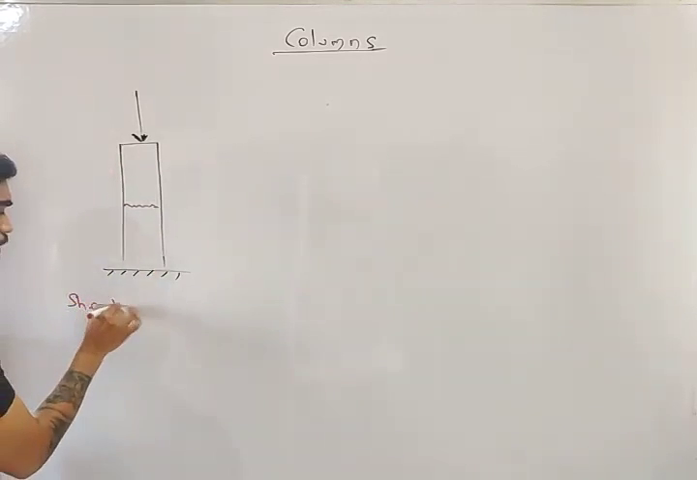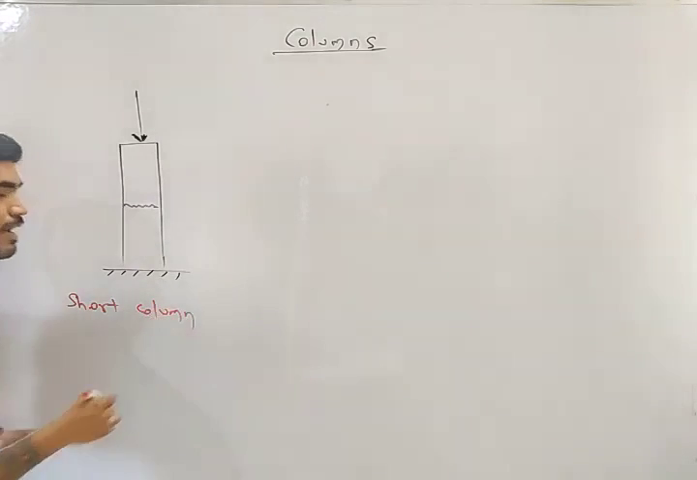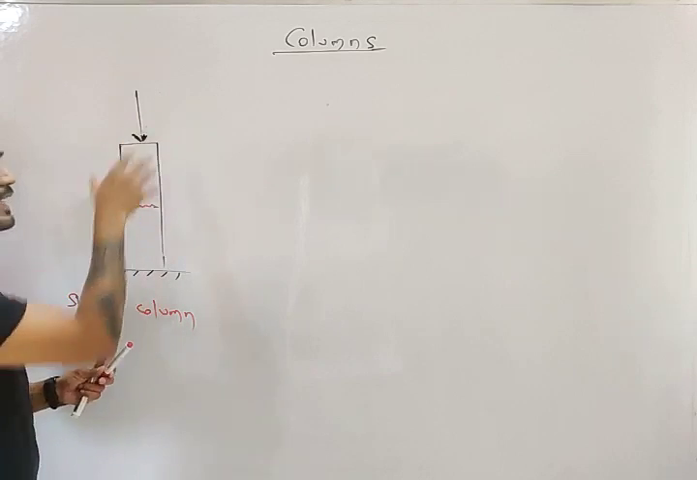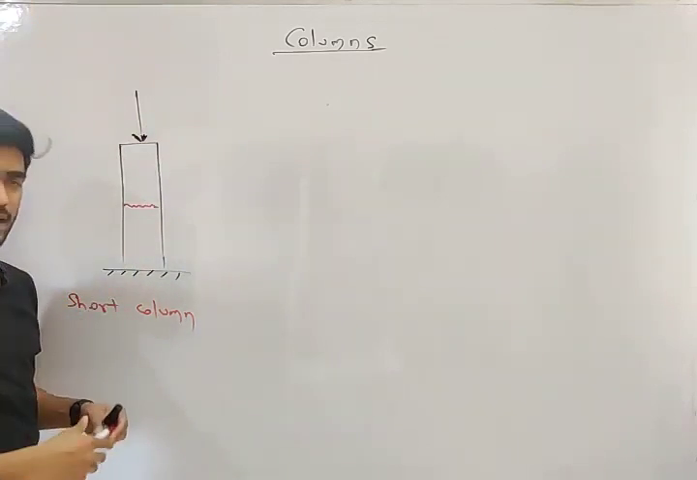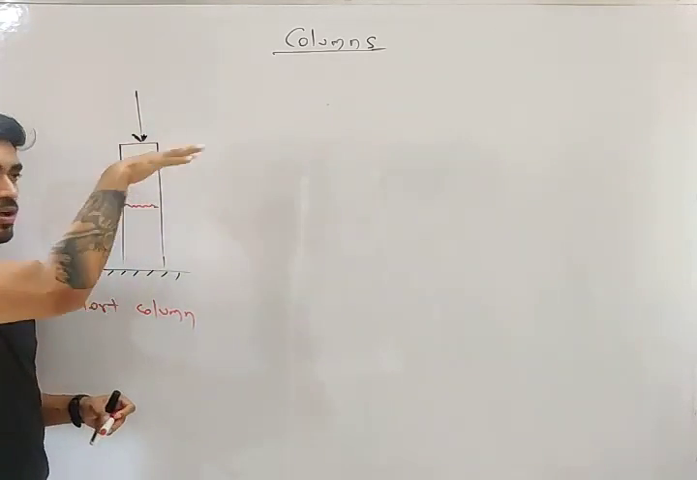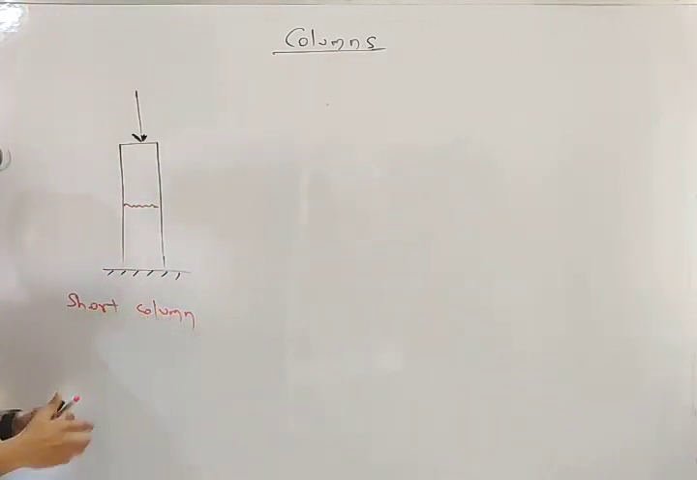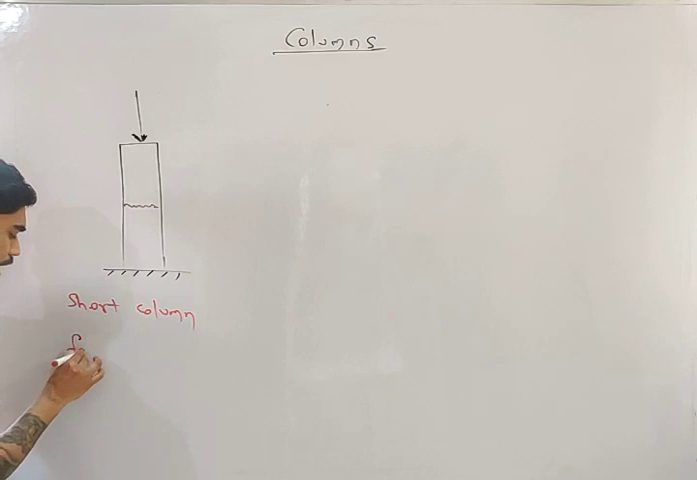This column is known as a short column. Why, my friend? Because the length of this column compared to its cross-sectional area is not that long. It is longer than the cross section, but the length is not that much, so it is known as a short column, and it fails